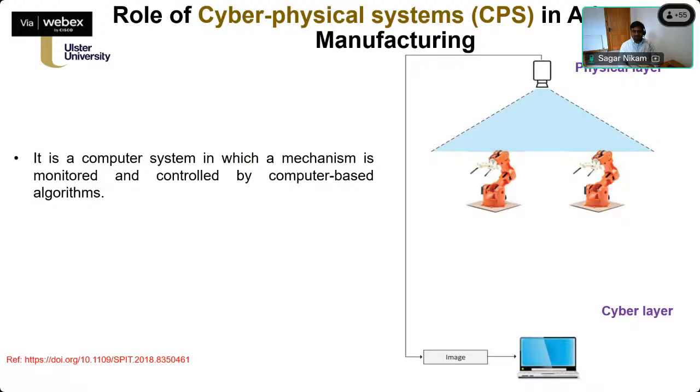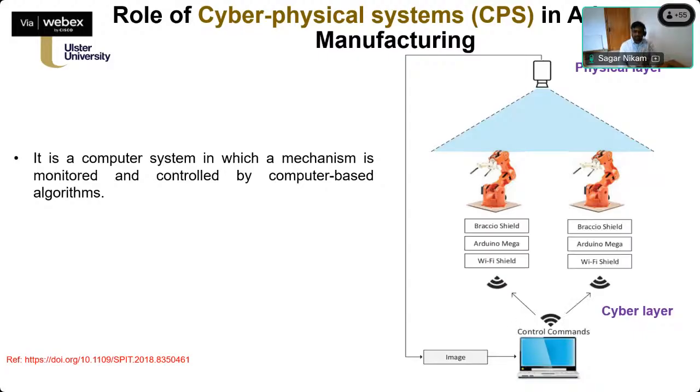The cyber layer is another layer which helps you look at the position of the robot, and is another device which continuously keeps monitoring. Based on the position, if any controlling command has to be sent to the physical layer, the cyber layer will send the information to the physical layer, and accordingly the controlling system will go in. There is actually a very thin line between the digital twin and the CPS.